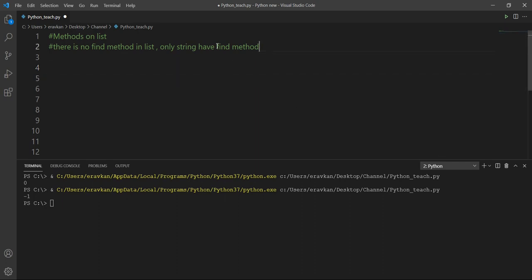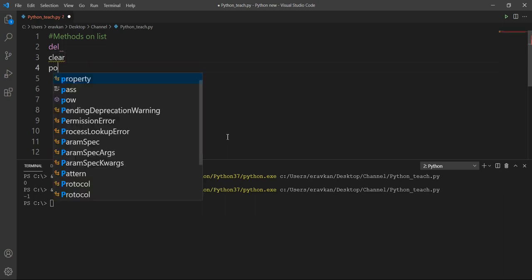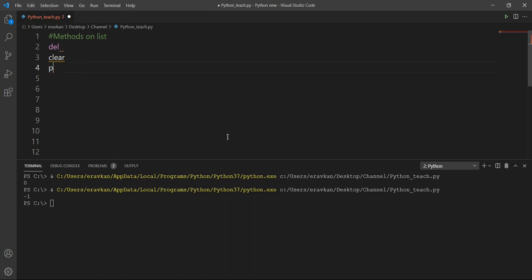So we have covered all the important functions. Let me summarize what we have covered: del, clear, pop, remove, and copy. Copy will create a copy of your existing list. I think copy we have not covered yet.